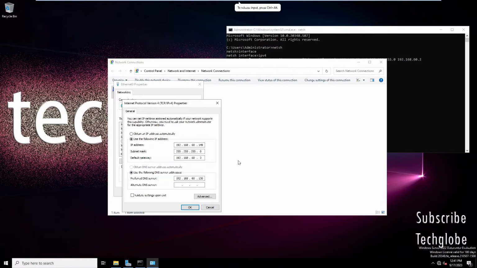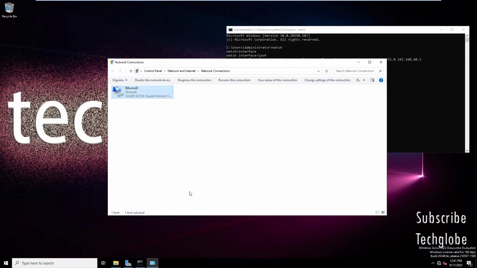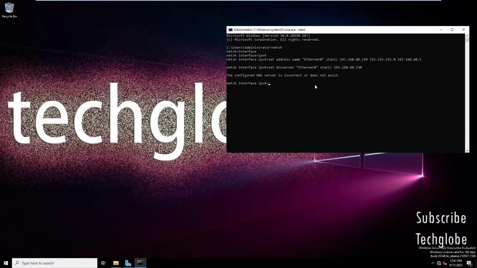server. And now I'm going to enable DHCP and close this module. Okay, and close this, and again you have to enter here set space address space name equal Ethernet inverted comma Ethernet 0 and close the inverted comma space source equal DHCP. Okay,